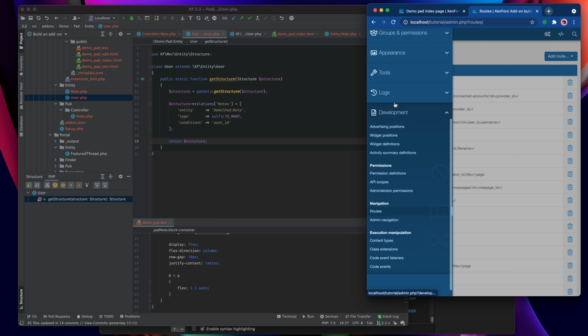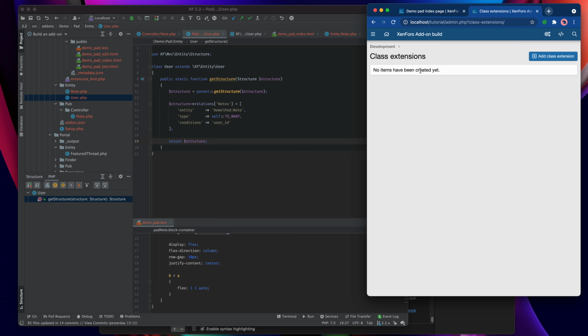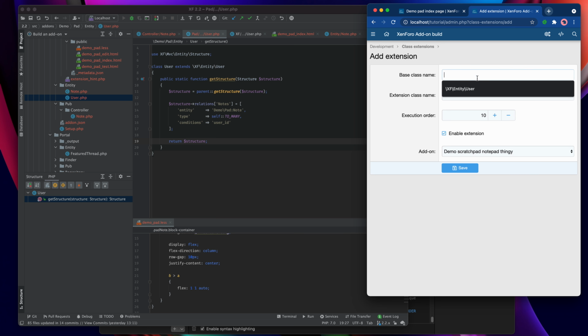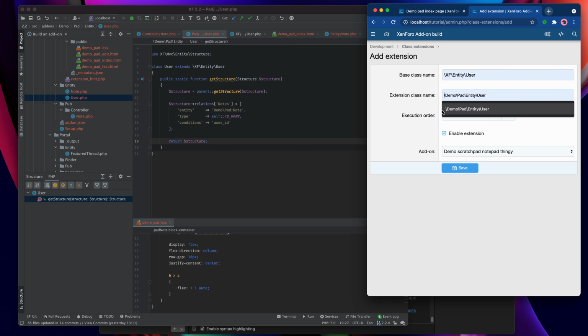In the development section of the control panel, you'll find class extensions, and no items have been created yet, so let's add one. The base class name is XF\Entity\User. You can see that I've done this once before. And the extension class name is Demo\Pad\Entity\User. The execution order I'm just going to leave as the default of 10, and I'm going to enable the extension.